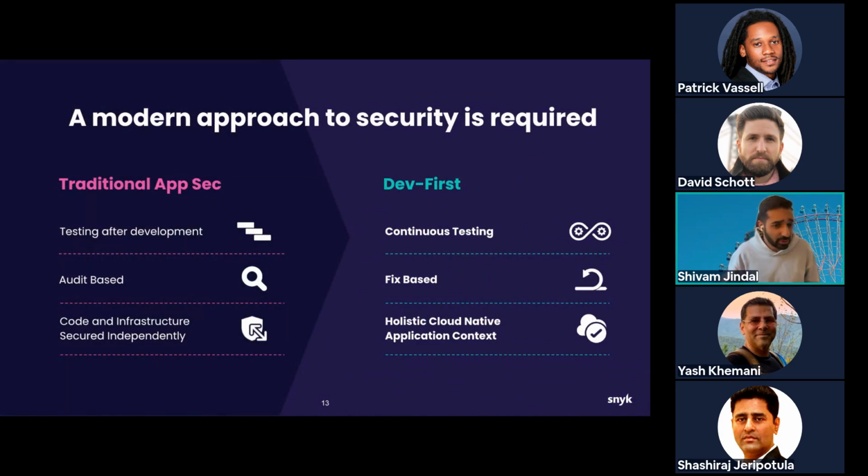And so this kind of captures a lot of the challenges that I mentioned, right? Traditional application security is often after the fact, is audit based, and things are done independently, right? They don't take into account that a library is built into a container, that container is deployed into a cloud infrastructure, that cloud infrastructure has some additional configuration around it that may make it more susceptible or less susceptible to risk.